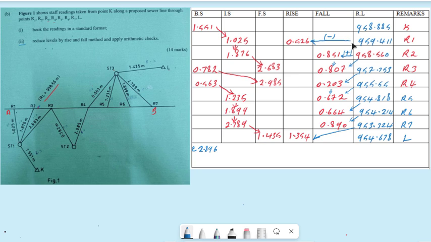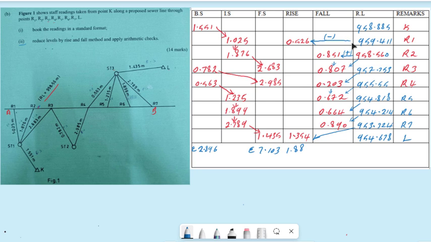Then I go to foresight, summation of foresight, 2.683 plus 2.985 plus 1.435. So this one gives me 7.103. Then summation of rise, this one will give me 1.88, and then summation of fall,